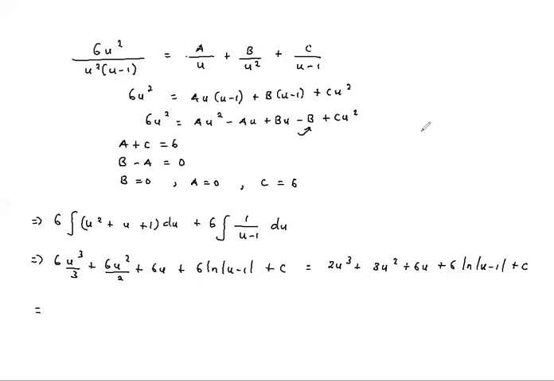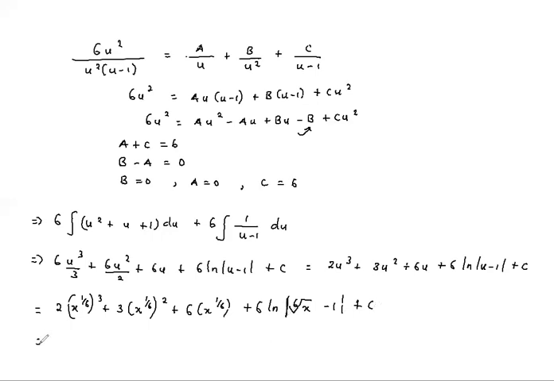So we'll have 2 times x to the power 1 over 6, all to the power 3, plus 3 times x to the power 1 over 6, all to the power 2, plus 6 times x to the power 1 over 6, plus 6 ln of the 6th root of x minus 1 plus c,